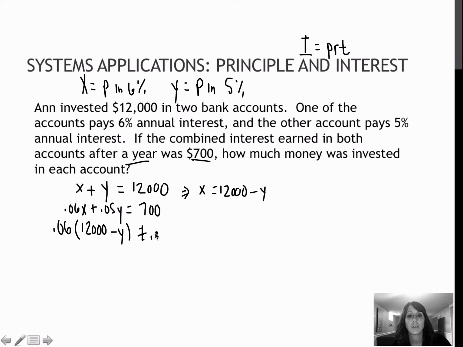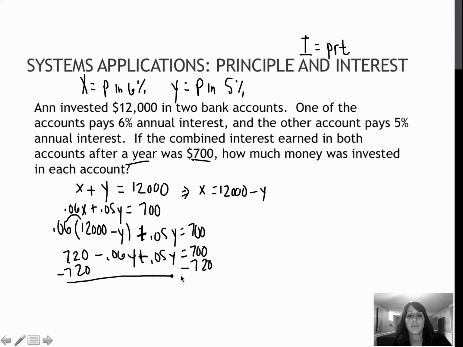Whoops. This is supposed to be a plus sign. I'm going to distribute to get 720 minus 0.06y plus 0.05y equals 700. I'm going to subtract 720 from each side,